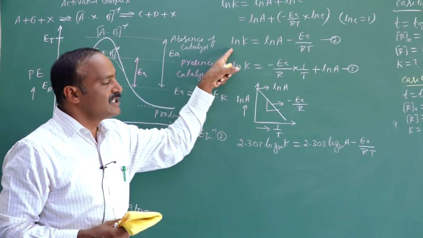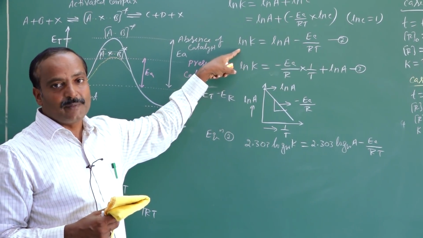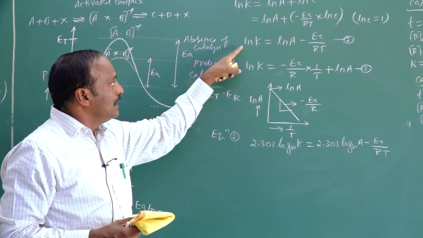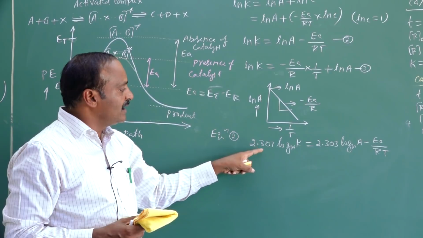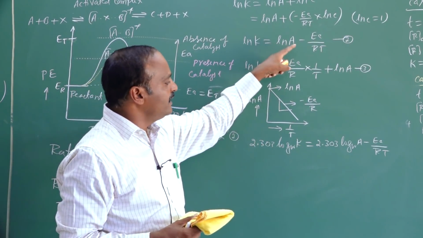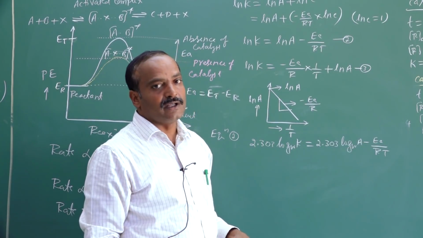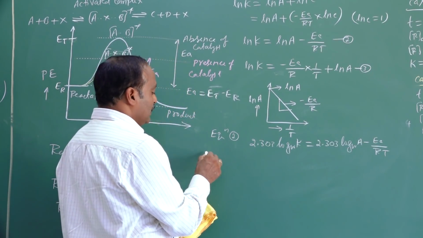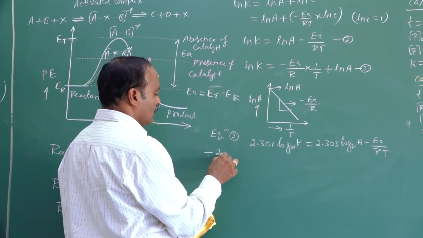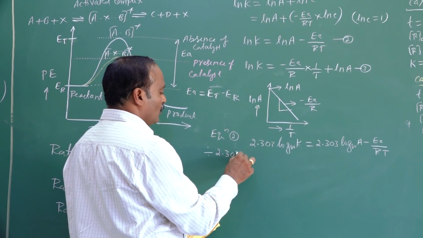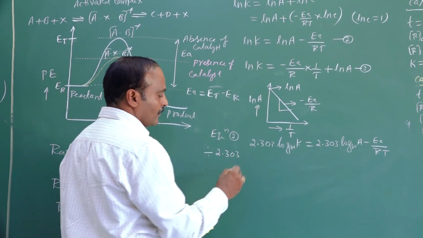Here ln K means 2.303 log base 10 of K. Dividing by 2.303,